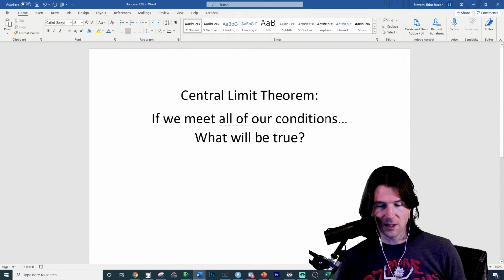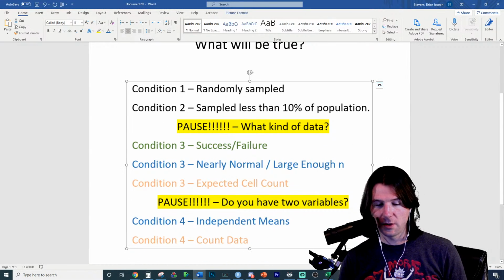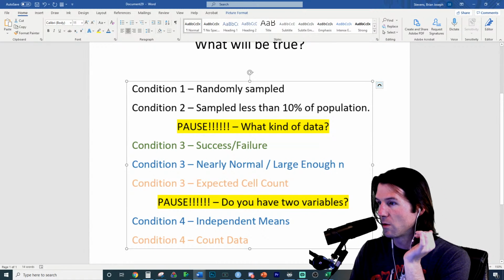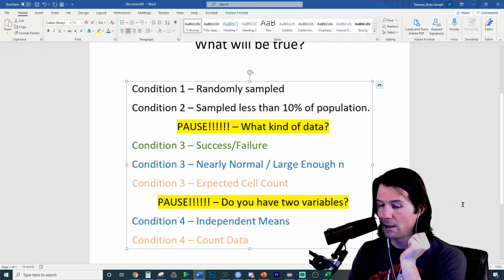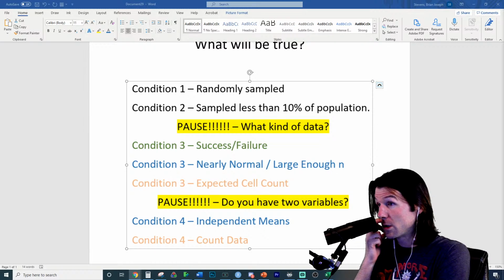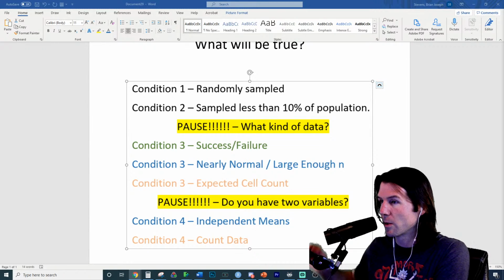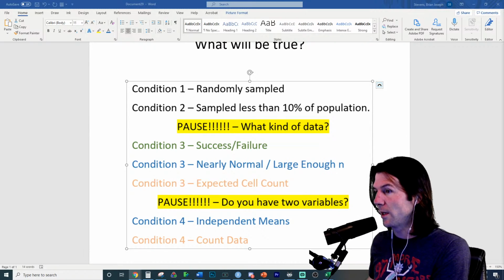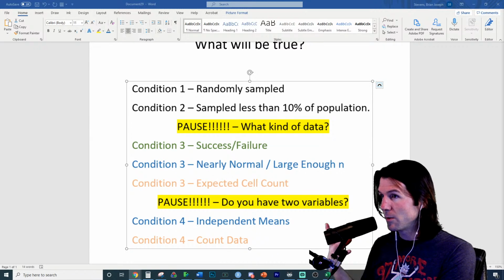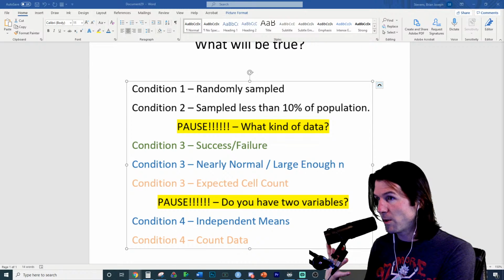And the central limit theorem explicitly applies to the normal curve. So what we're talking about right here is the normal curve, and we need to meet the conditions. Explicitly, today we're talking about the random, which is what we always have, the 10%, and then the large enough n for chapter 13, or the new stuff for test 3. So when we meet these conditions, when we have randomly sampled data, less than 10% of the population is sampled,